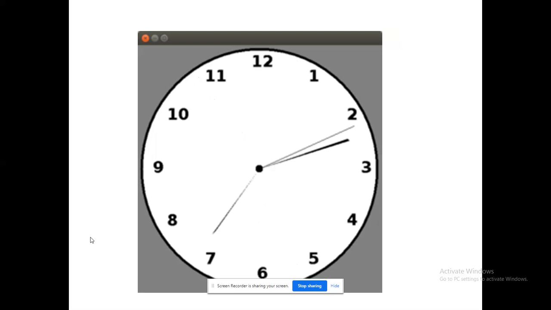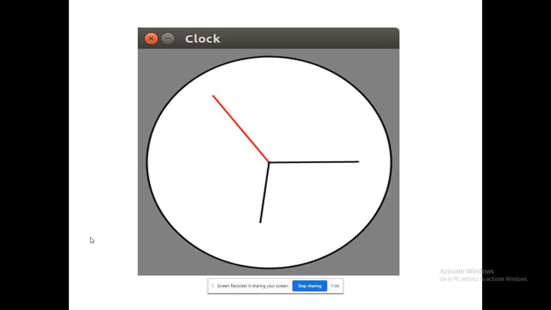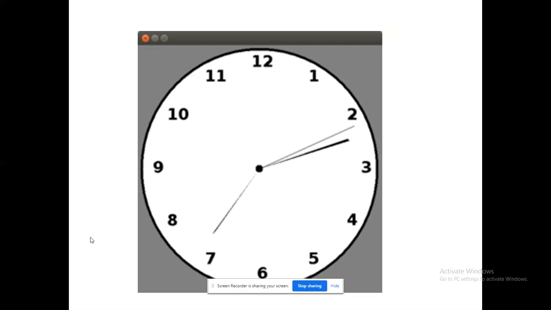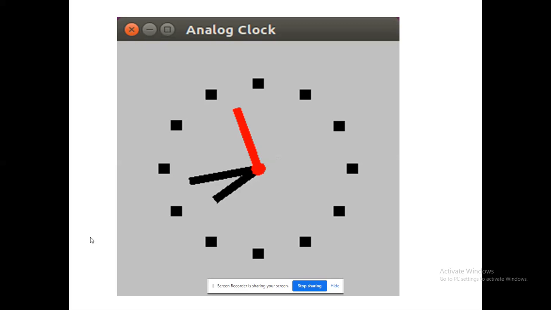For example, in the next one, here I have incorporated numbers, right? I have printed the numbers. I have not used any images. As well, see here, it's an abstract clock. Here you can see within the center of the clock a filled circle is available, right? The hour hand, minute hand, and second hand differ by their length and their corresponding intensity or hue that you can see, right? Likewise, incrementally we have to move.